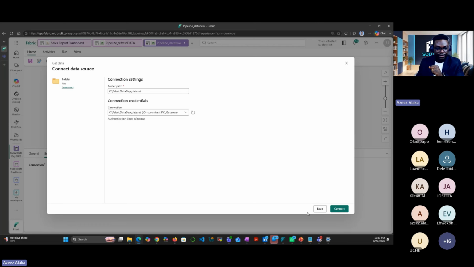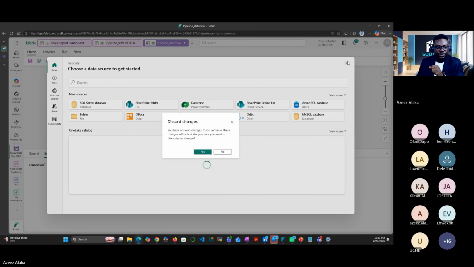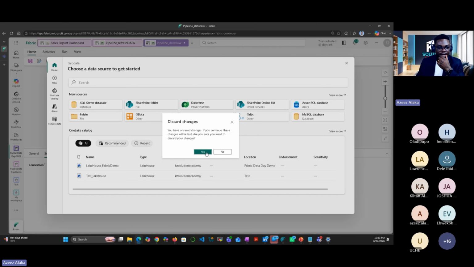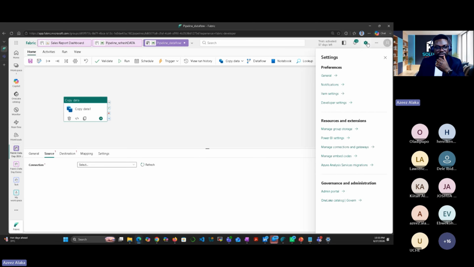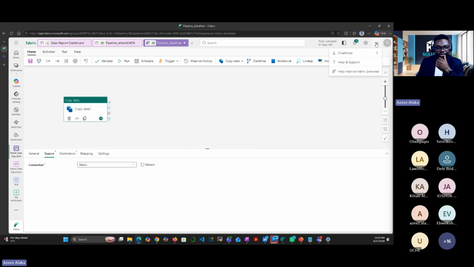How do we get the gateway? Back. You come here, discard, yes. The gateway, you come to this place. Yeah, see these three dots? Download. Can you see? Data gateway. You click on download data gateway, it's going to download the gateway for you, and you just install it. And that's all. It's simple and direct.